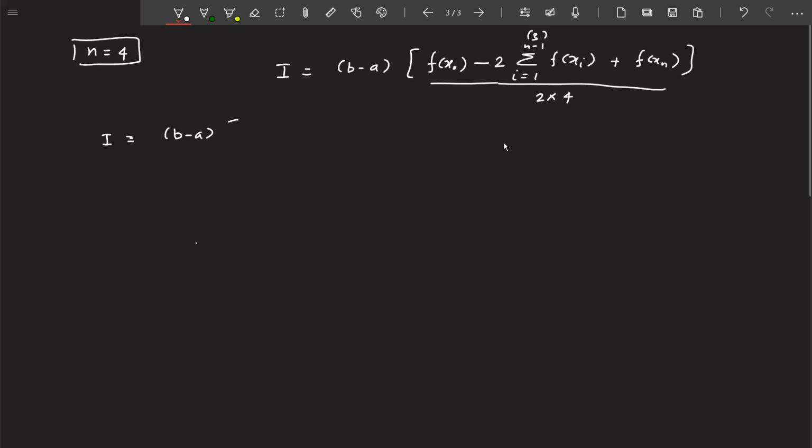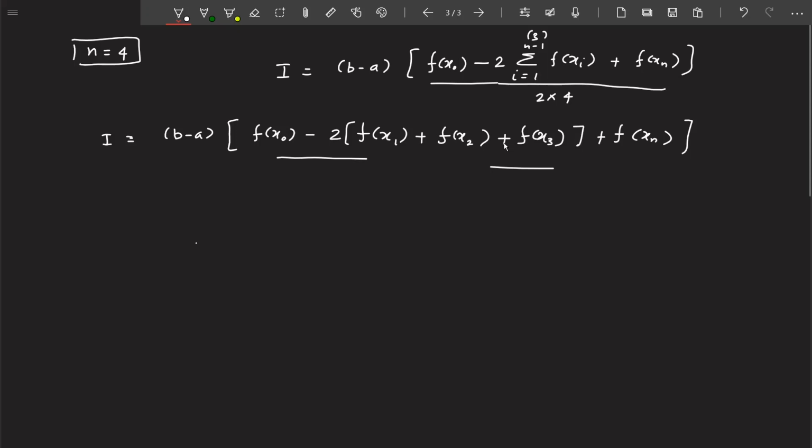(b − a)/... f(x0) − 2 into f(x1) f(x2) f(x3) and f(n) divided by 8. So again, what we are going to do here is